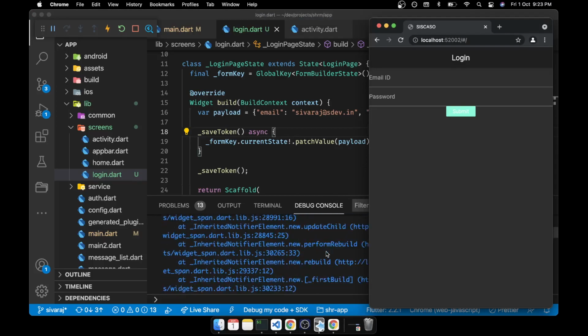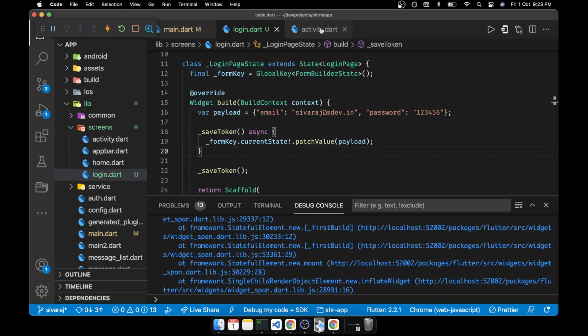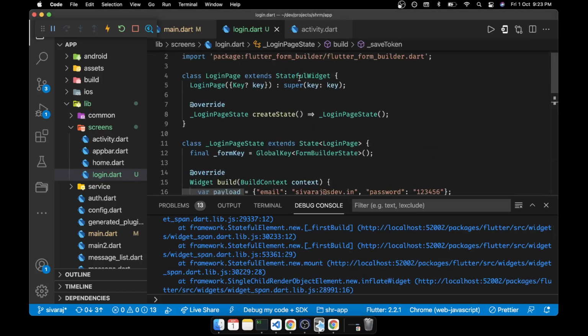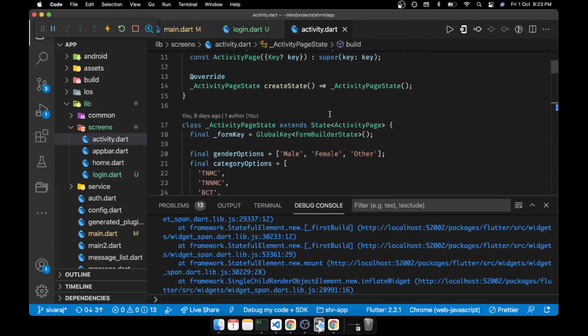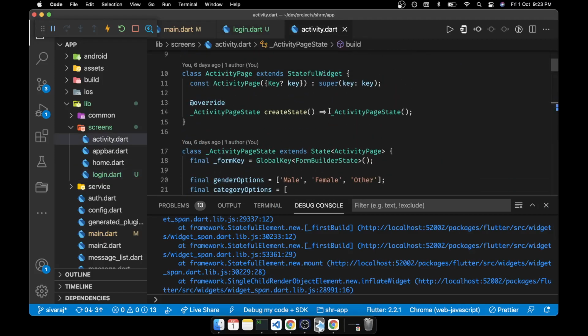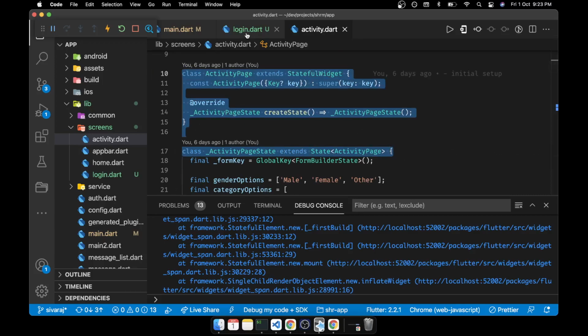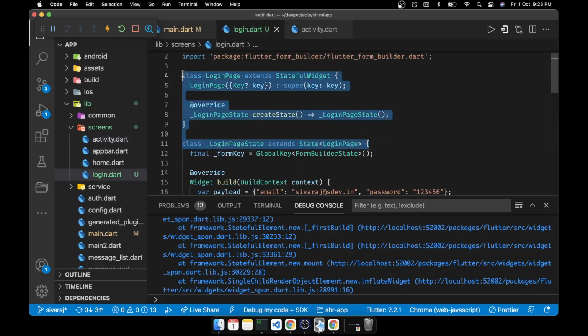Okay, something is not right. Is there any activity that has been wrapped with something else? So this one is stateful. What about this one? Stateful only. Maybe we can just try to replace this part. Maybe because of that some issue.